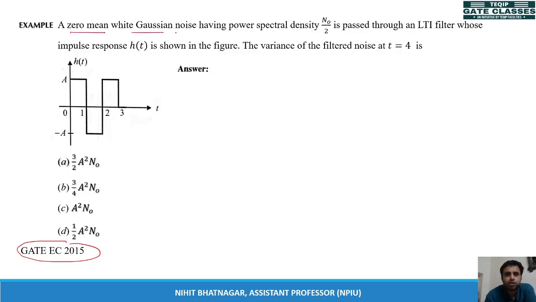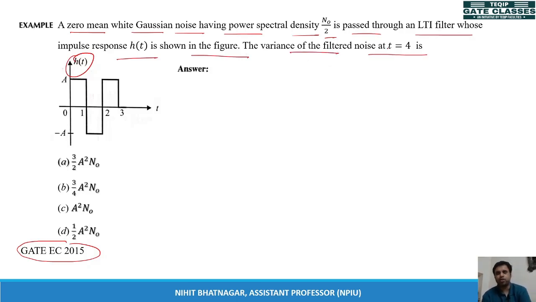Zero mean white Gaussian noise having power spectral density that is N naught by 2 is passed through an LTI system whose impulse response h(t) is shown in the figure. The variance of the filtered noise at t equal to 4 is. It means you have to find